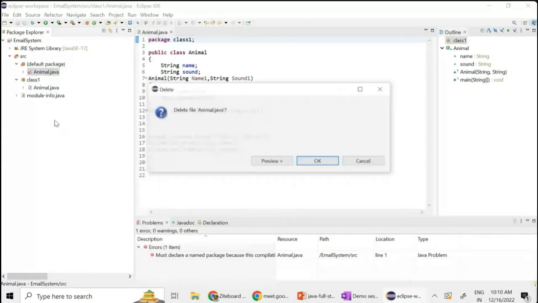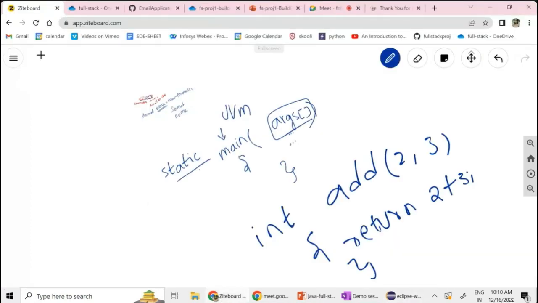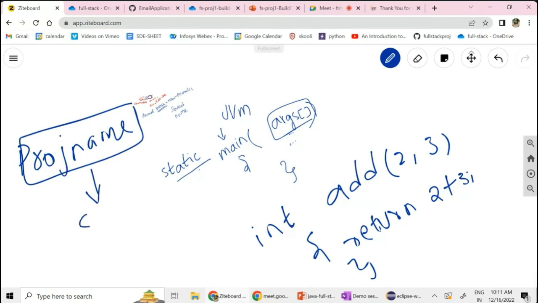So the project structure is basically the project name followed by the source, followed by the package name, and then inside the source we will have the class. So you need to observe the structure. That is project name followed by the source. Every time you need to look after this. And then followed by